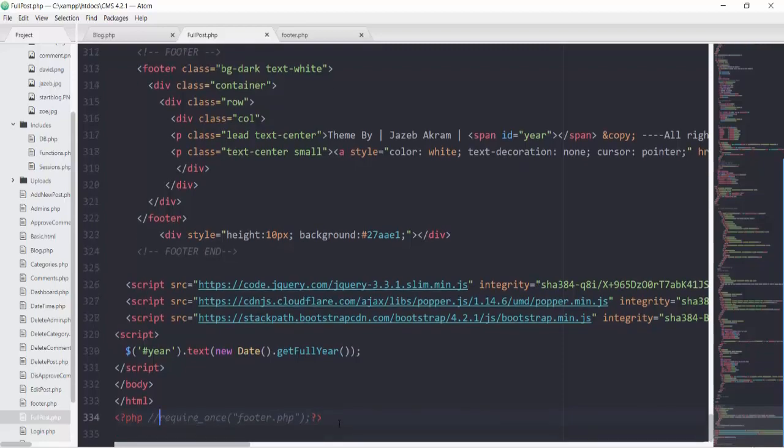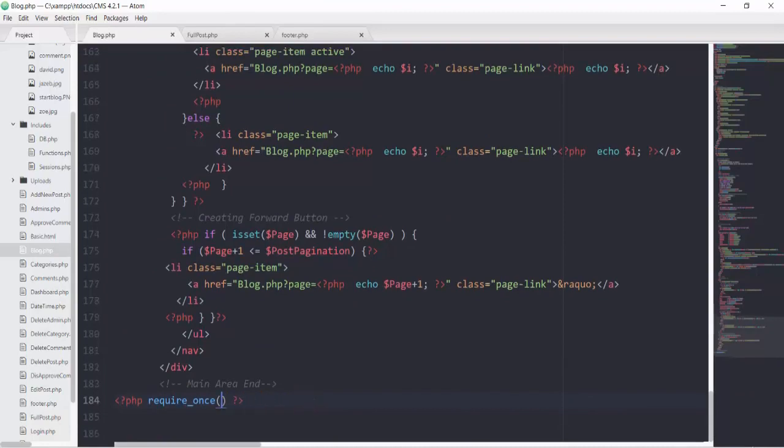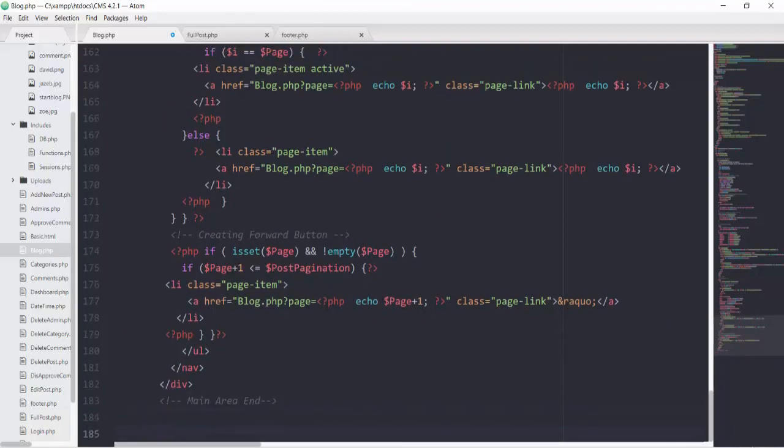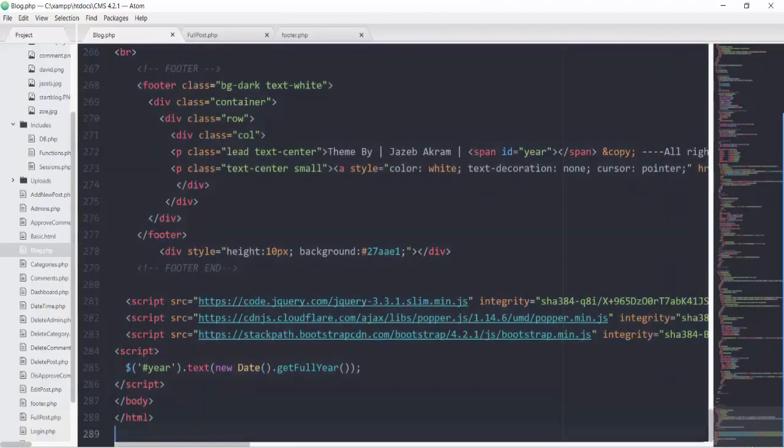Let's also do the same thing for blog.php. So first of all, let's press Ctrl Z to revert everything back to its original position. So this is our blog.php with everything, and right at the end I'm gonna require this footer.php file, and let's comment this for now.